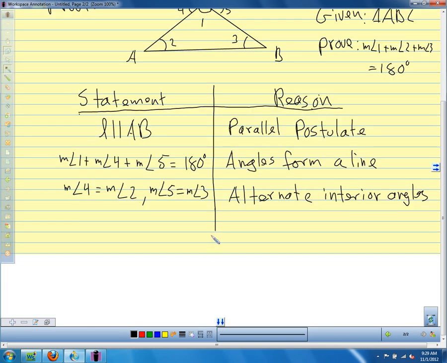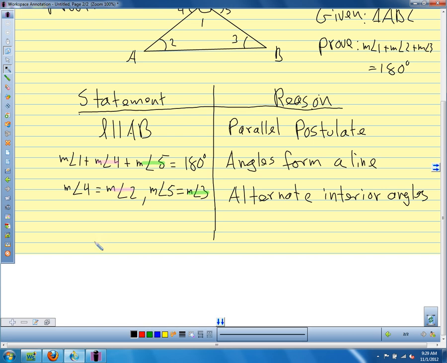And now, what I'm going to do is take measure of angle 2, like this, and I'm going to put it right here for measure of angle 4 because they're the same. And I'm going to take measure of angle 3 and put it right here for measure of angle 5